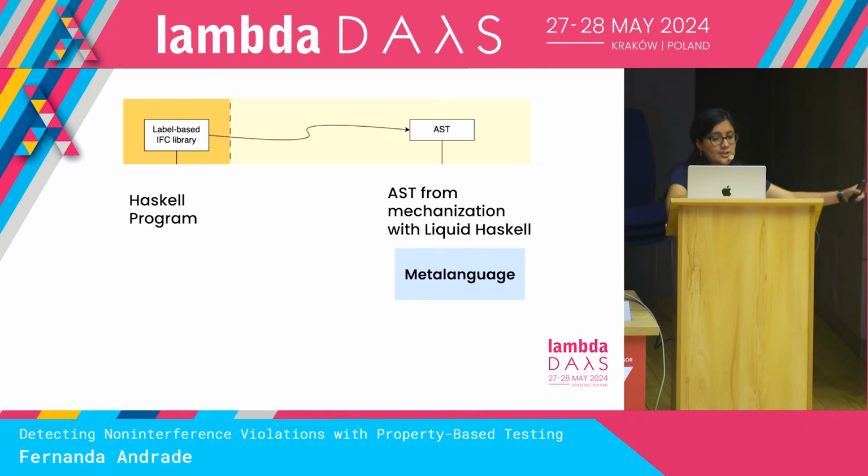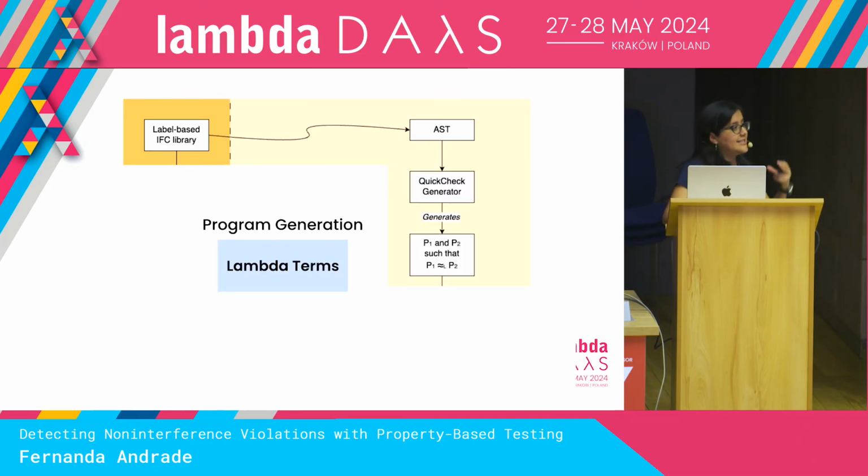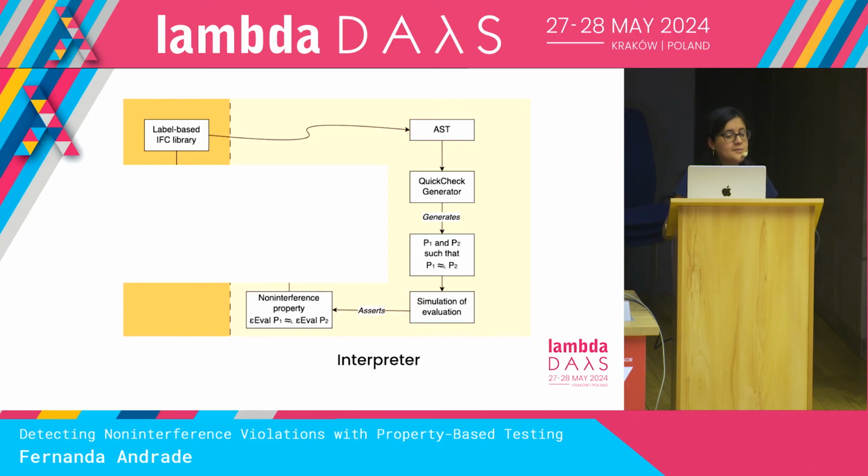So we have the Haskell program and the SAT that comes from the mechanization with Liquid Haskell. So we use this meta language to actually generate programs, to generate Lambda terms. So with the meta language, we generate Lambda terms that will help us to actually test whether these programs